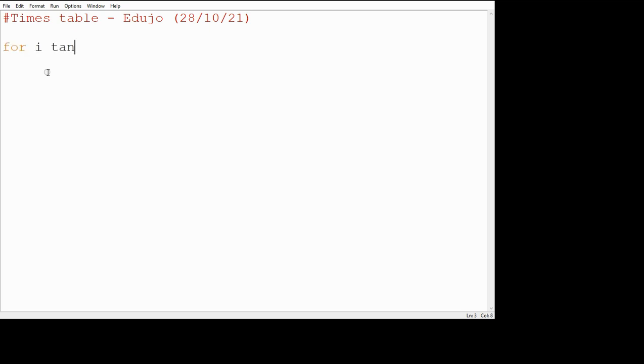So we're going to say for i in range, and we want to loop it 12 times because we want the 12 times table. So we will change all of this as we go along. I'm just taking it step by step. So if we want to print something, I just want to say print, and then I'm going to use the format string over here, and I'm going to say i, which will be 0 at this stage. So i times